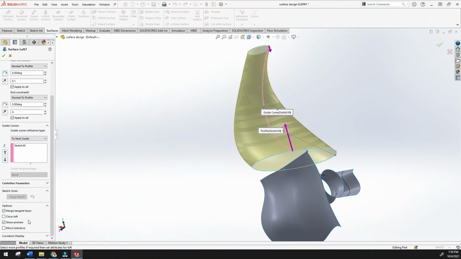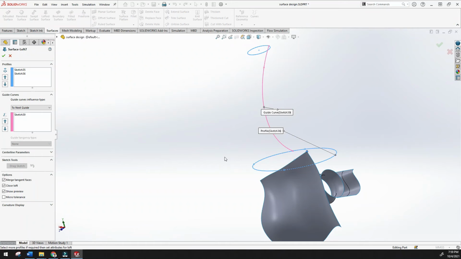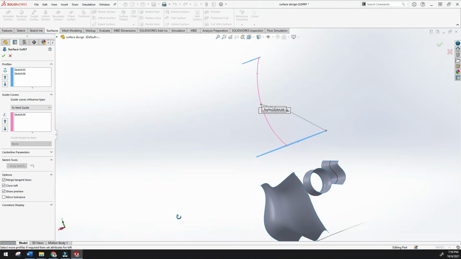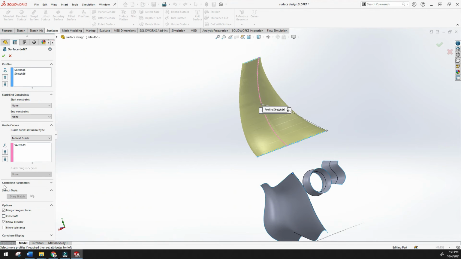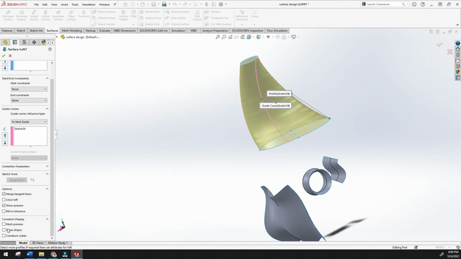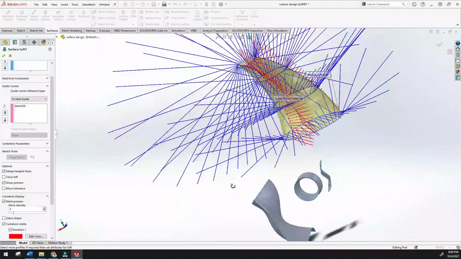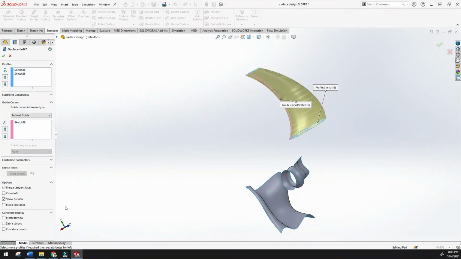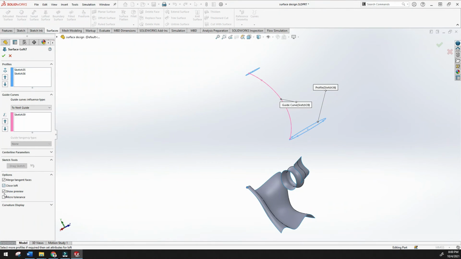And the final is closed loft. So while using this, actually this loft should be closed, but here you cannot see it is closing, and there may be some, again there will be the problem, that's why it is not closing. Okay, merge tangent faces, show preview, so we can see the preview, and this is the tolerance. Actually go back again, and this is the curvature display. If you want to see some zebra and curvature combs like this, then you can just, okay, so I don't want to use this. And close loft, actually it does work, but I don't know what is the problem.